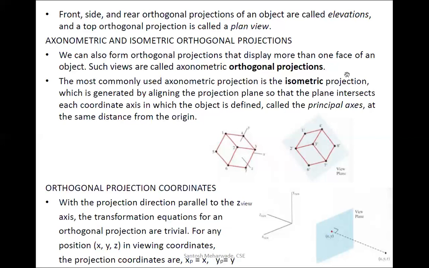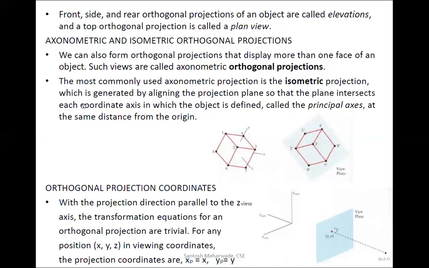But isometric projection is also a type of orthogonal projection, which is generated by aligning the projection plane so that a plane intersects each coordinate axis in which the object is defined, called the principal axis, at the same distance from the origin.